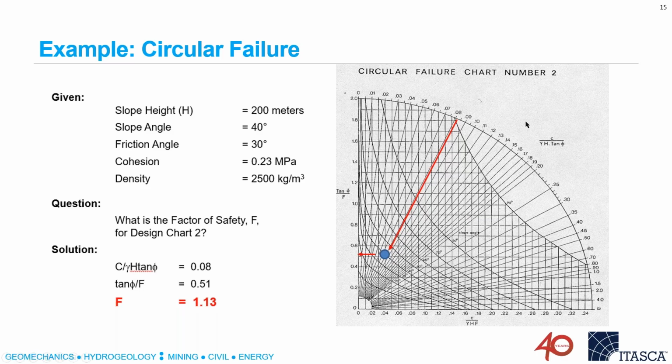And to do those analyses, you simply calculated the cohesion and the weight and the friction angle, and you then followed a line down to a particular value of the tangent of the friction angle divided by the safety factor, and then you went over